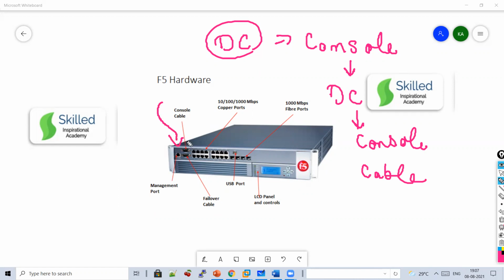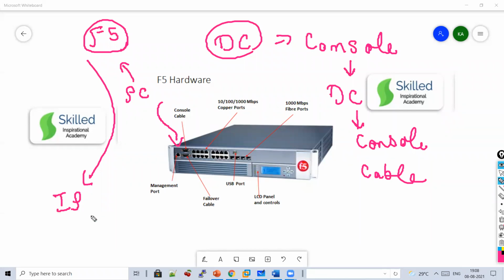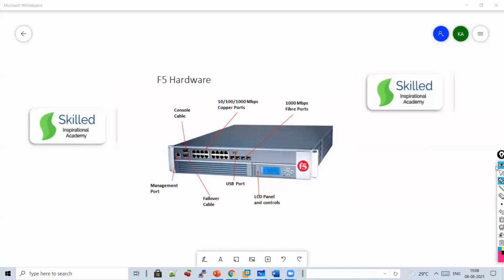Once you install a console cable, it will be connecting to the PC, and after that, you can get F5 access. Once you get F5 access, you can configure the management IP, and once you configure it, you will bring it into your network. So that's what the hardware looks like.